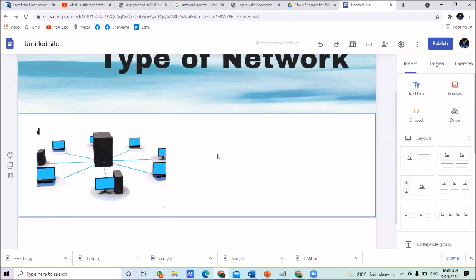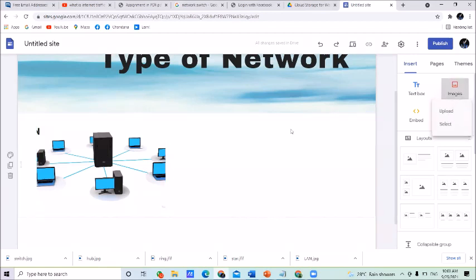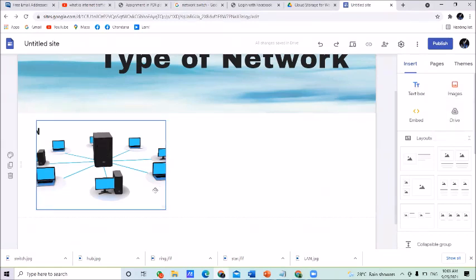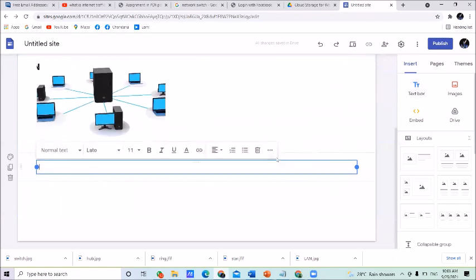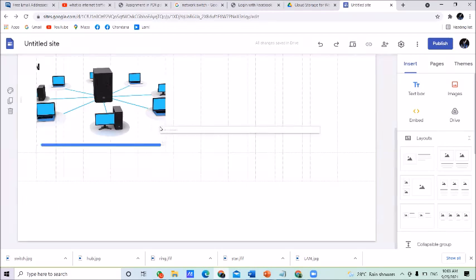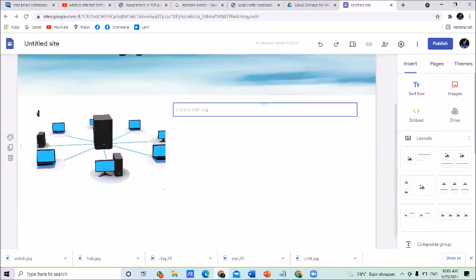You can resize the picture. In front of the picture, please insert a description. Insert a text box. You can drag and drop this text box here. Now you can say LAN stands for local area network.